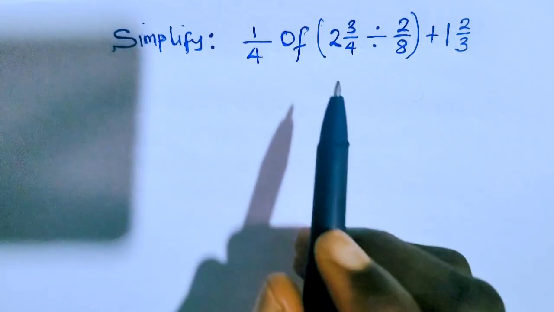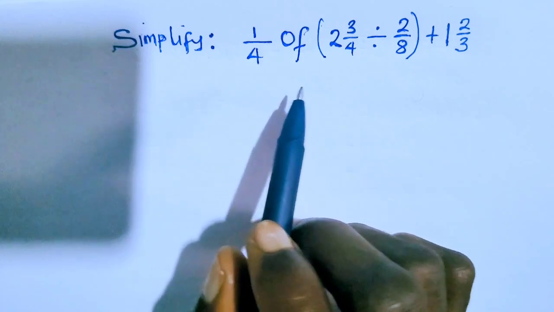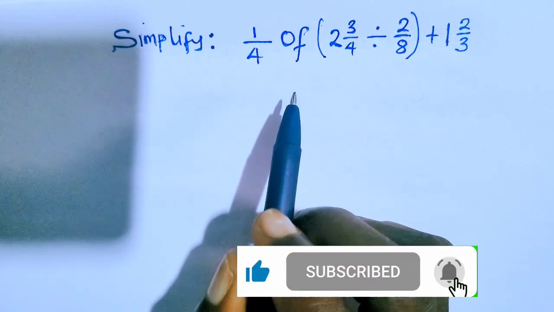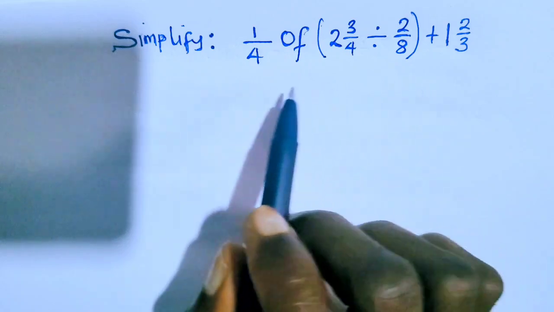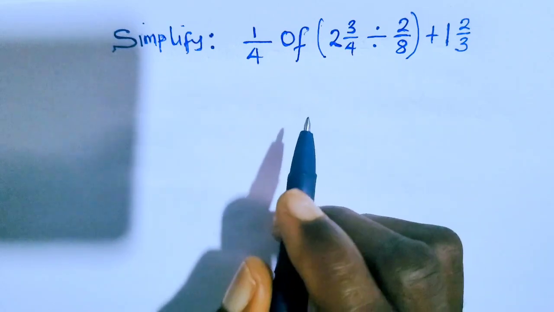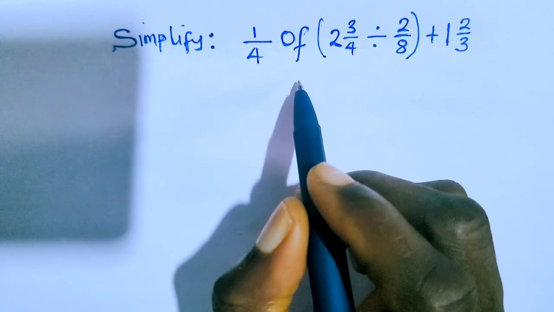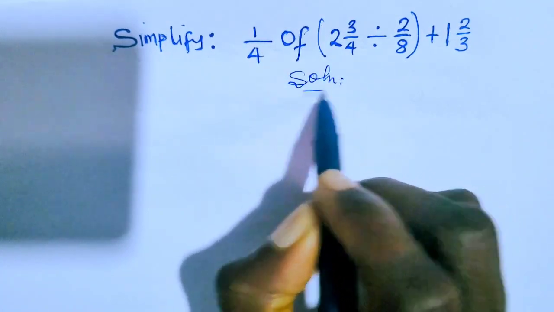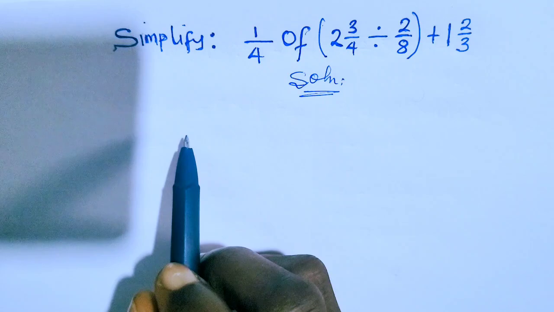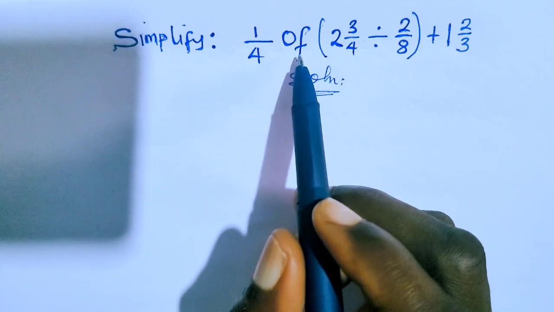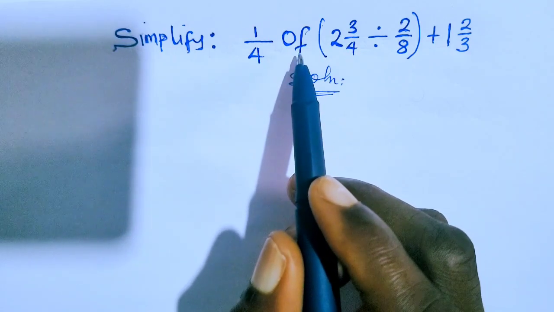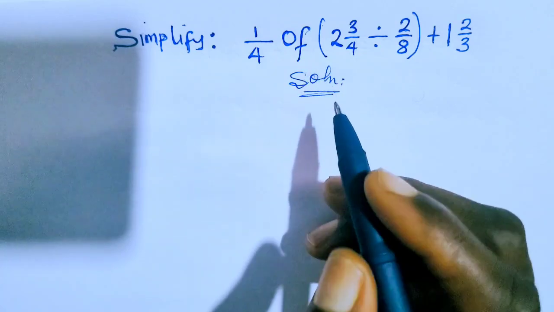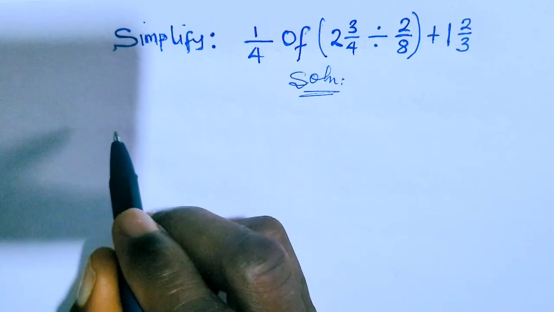Let us learn how to simplify this beautiful expression in a correct way. 99% of students got this wrong. Let's have a solution. Now right here, "of" in mathematics means multiplication. Therefore, we are going to have this